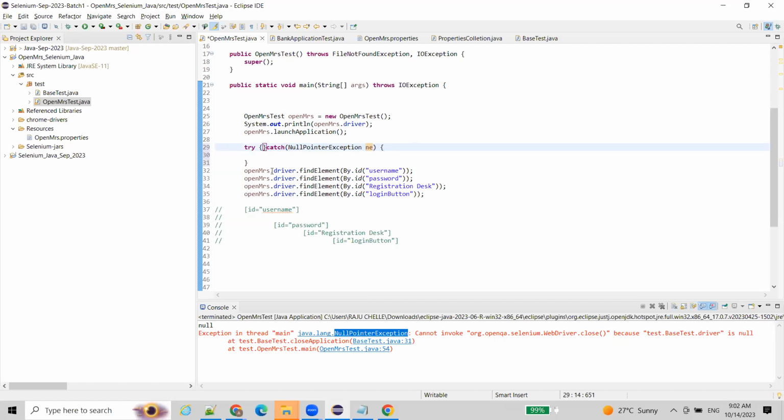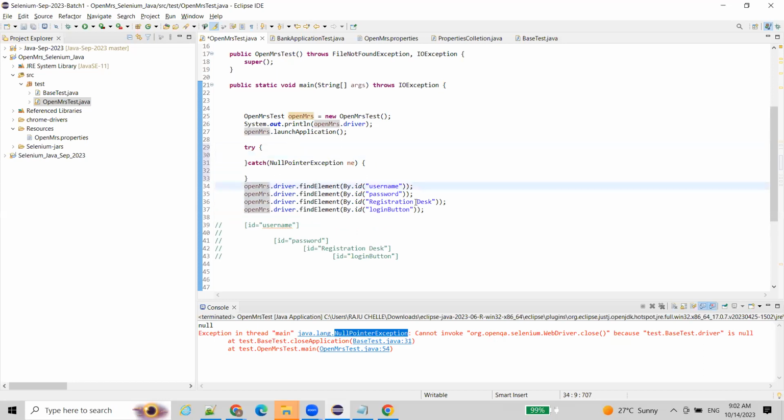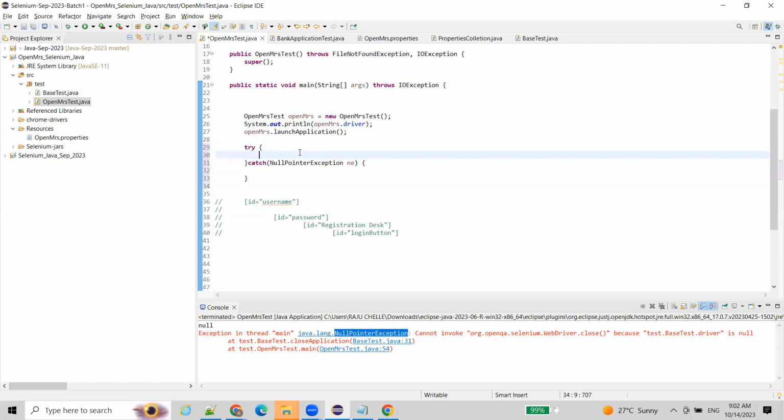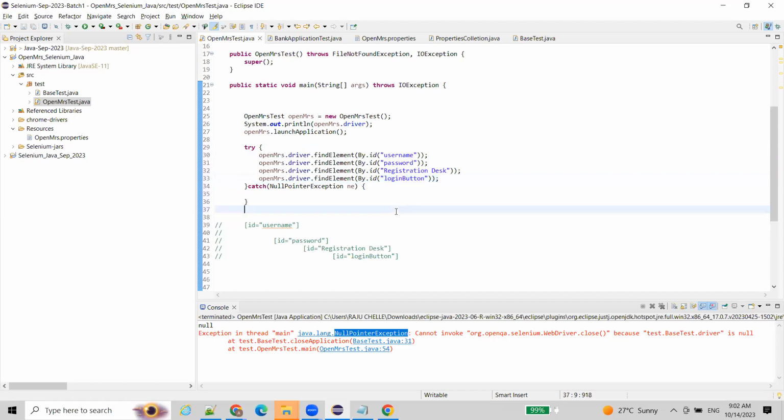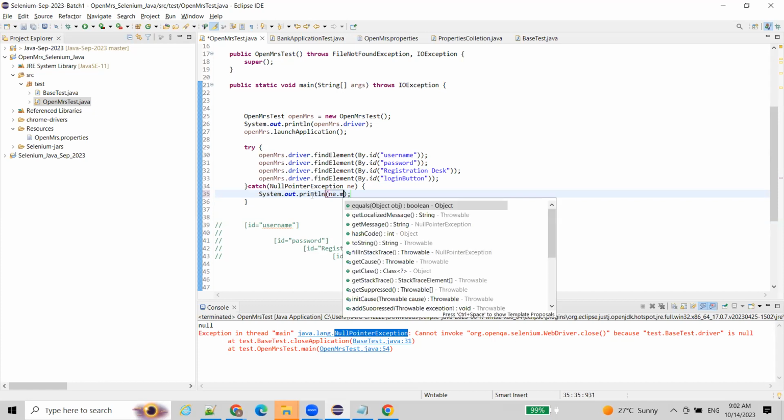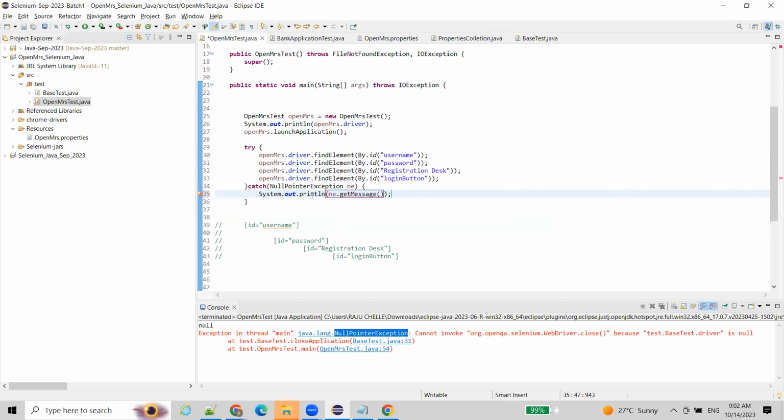So try where you want to try: these statements where we are getting null pointer exception. Here print that exception, NE dot getMessage. If you run it,